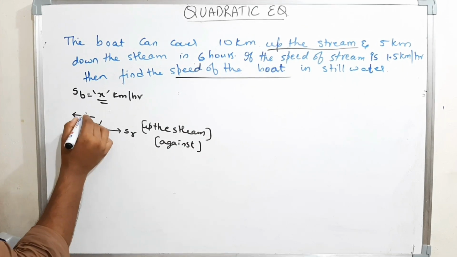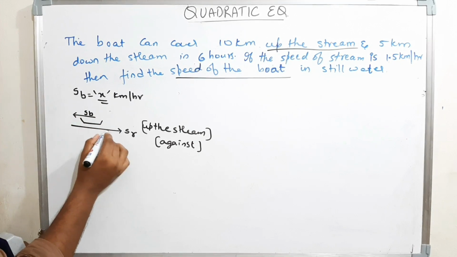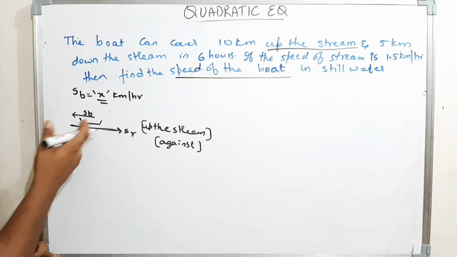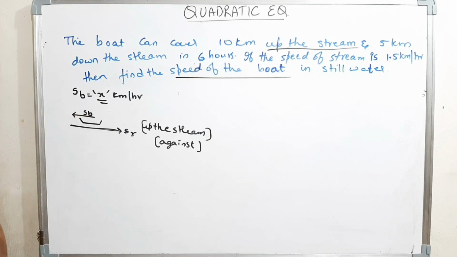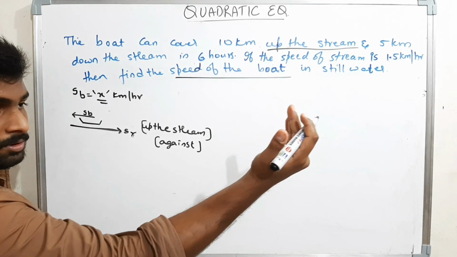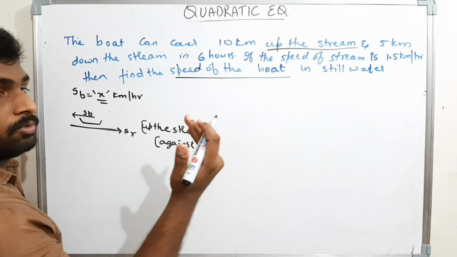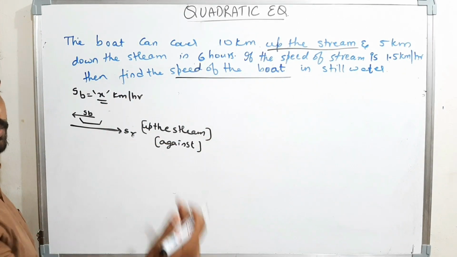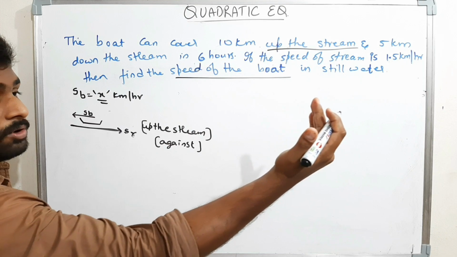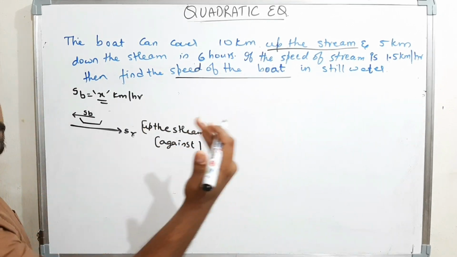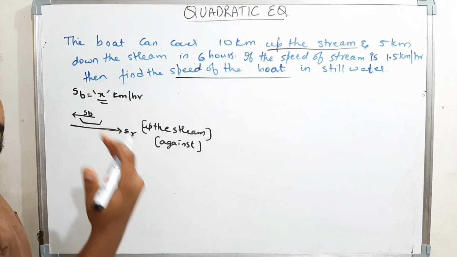Against the river flow. Now this is the speed of the boat and this is the speed of the river. Now, what is the actual speed of the boat? How will you see the boat moving? The boat is moving this side at 10 kilometers per hour. The water is moving that side at 2 kilometers per hour. How will you see the boat moving? You will see the boat moving 10 minus 2, that means you will see as if the boat is moving 8 kilometers per hour.